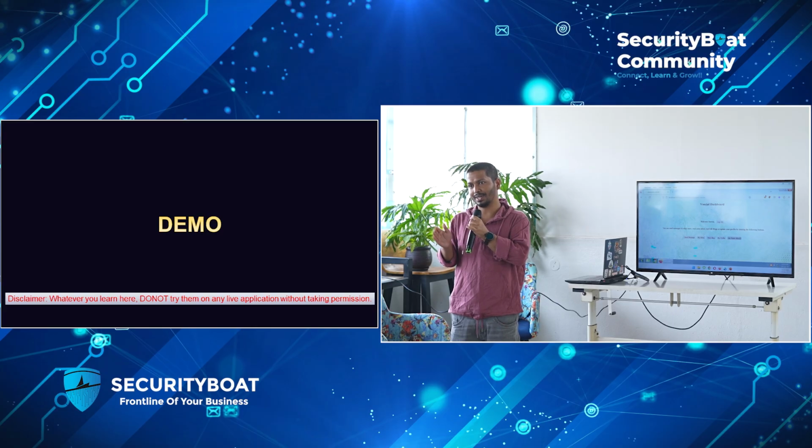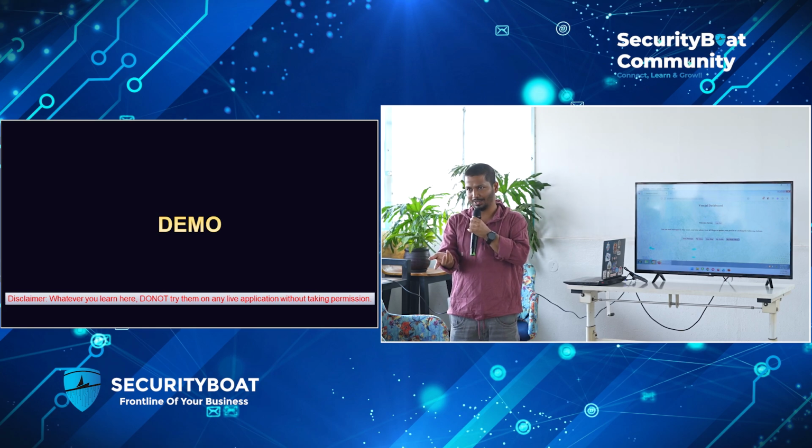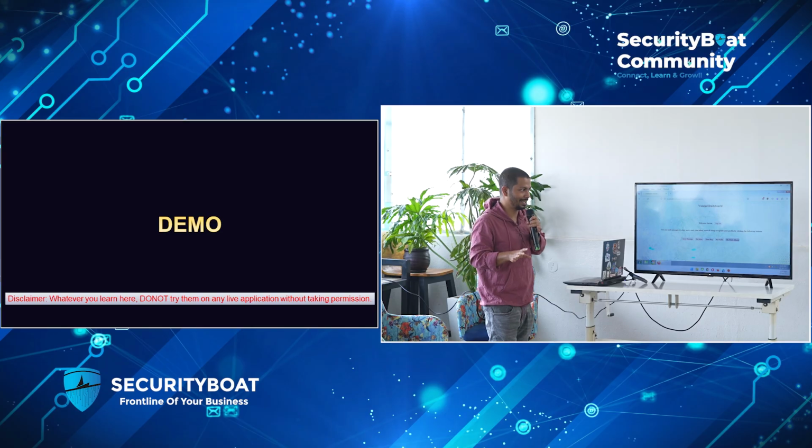Your username and password leaked somewhere, or you might have set an easily guessable or very weak password, or you use the same password in multiple accounts and different applications. One application's credential got stolen, then a hacker tried that same credential on another application and got access to your account. These are the real world scenarios of how authentication bypass happens by leaked credentials. 40-50% of incidents are like that.